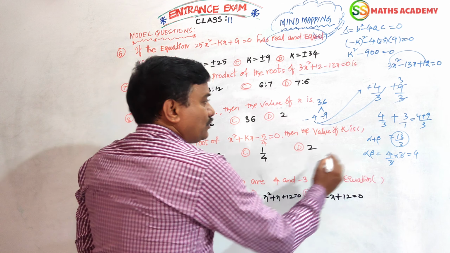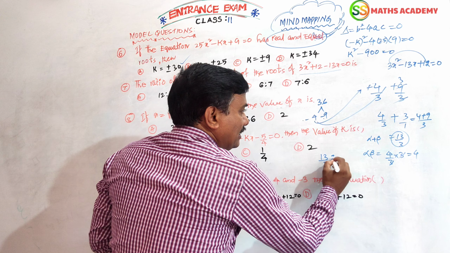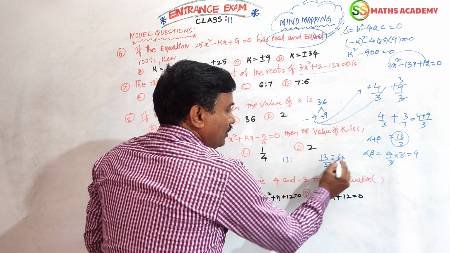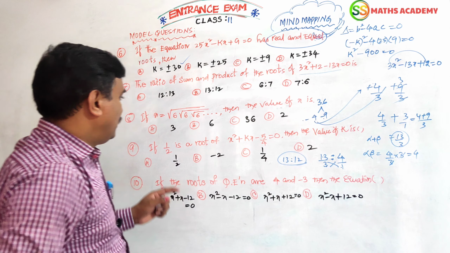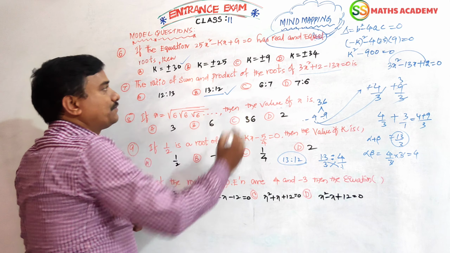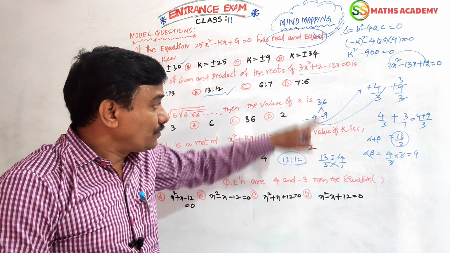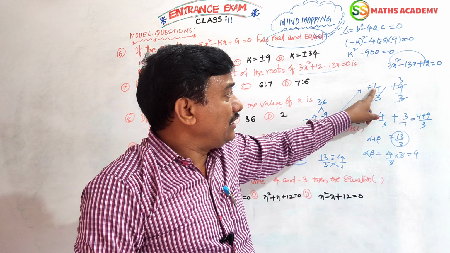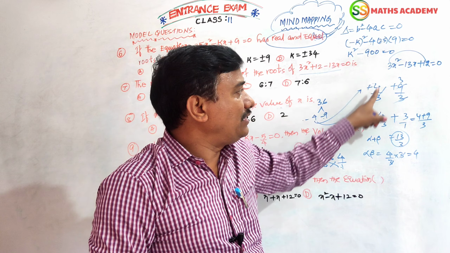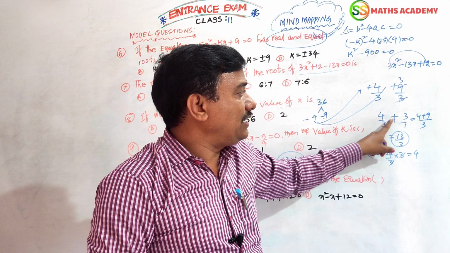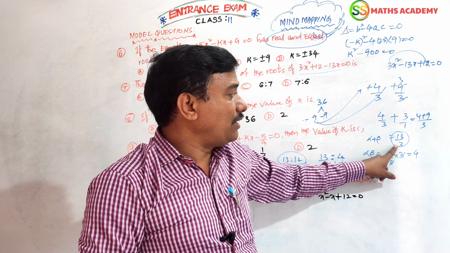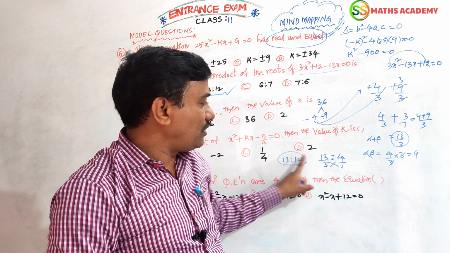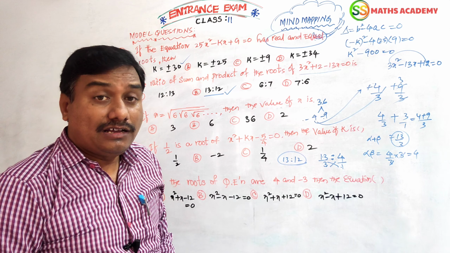So the ratio is asked. So first 13 by 3 is to 4. So do the direct cross multiplication: 1 into 13 is 13, 3 times 4 is 12. So 13 is to 12. This is the answer, 13 is to 12. Okay? After getting the roots, we have to go with this. Here 4 and 9 are the roots: 4 by 3, 9 by 3. I am getting 4 by 3 and 3. It's the sum, 13 by 3. It's the product, 4. It's the ratio, 13 by 3 is to 4. Now 1 into 13 is 13, 3 times 4 is 12. This is the answer of this question.